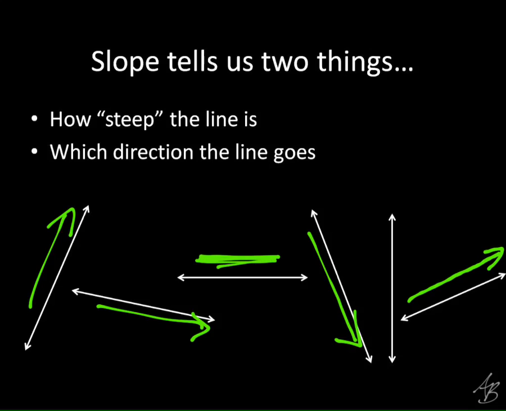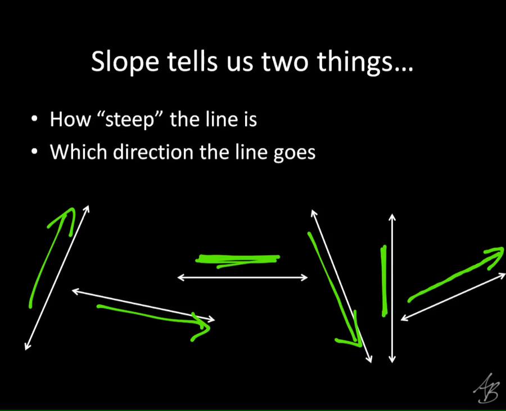Now, what kind of line is this one right here? Starts with an H. Horizontal. What kind of line is this one right here? Vertical. So a horizontal line and a vertical line don't have a positive slope. They don't have a negative slope. They're going to be something else. They're not the same as each other.